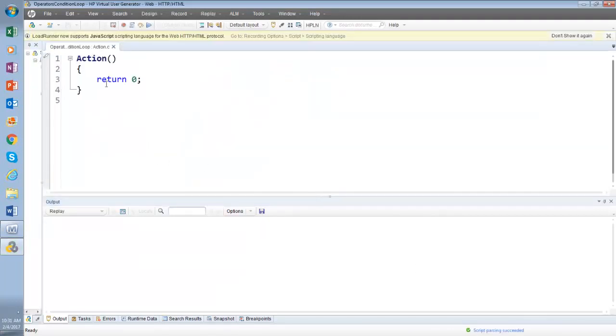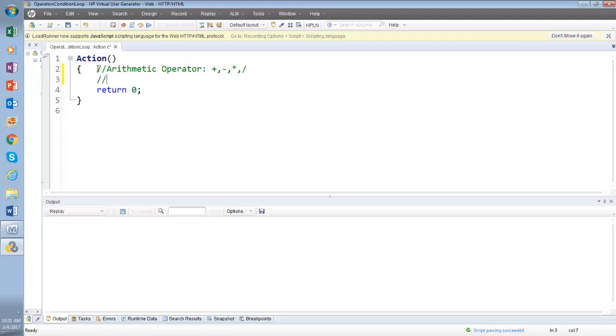Okay. Now operator, there are multiple types of operator, but here we will be learning, for our performance testing, we will be focusing on arithmetic operators: plus, minus, multiplication, and this is division.